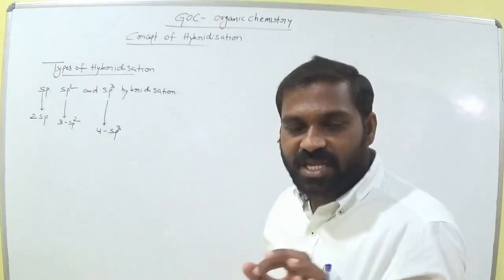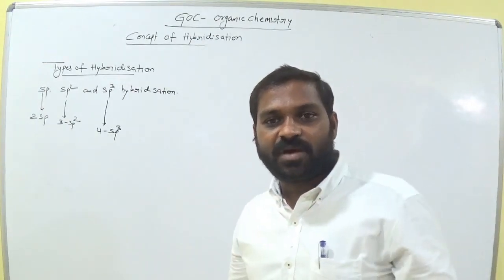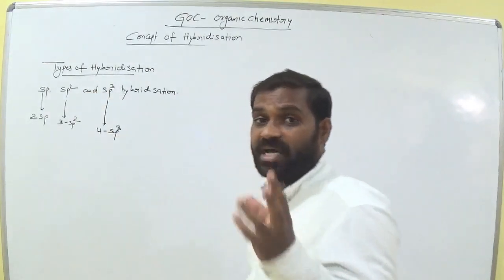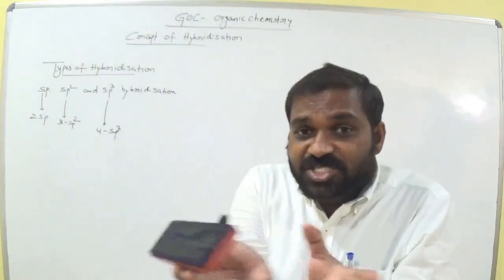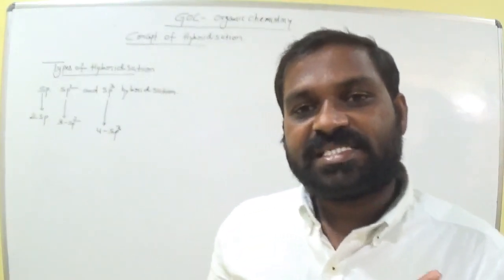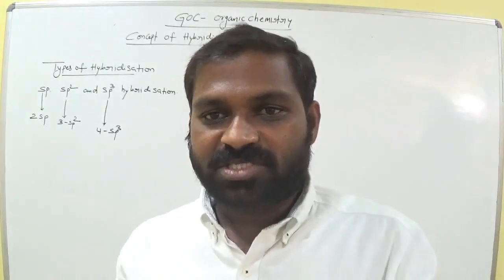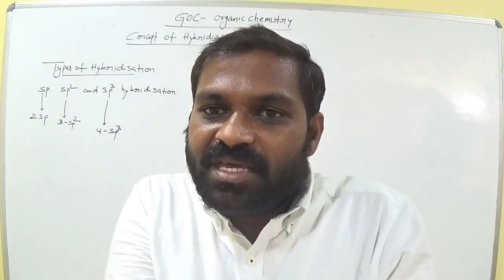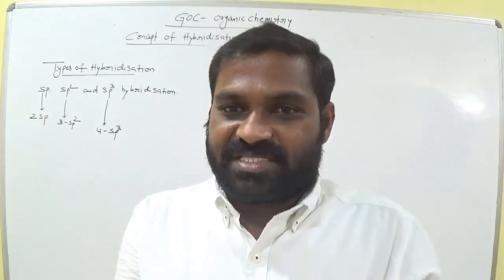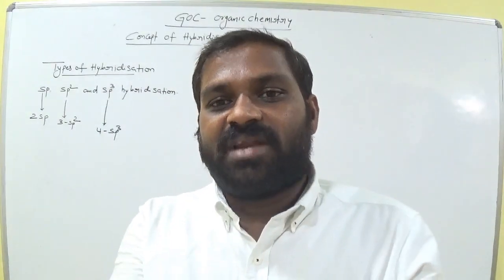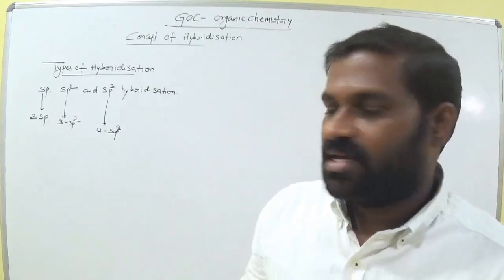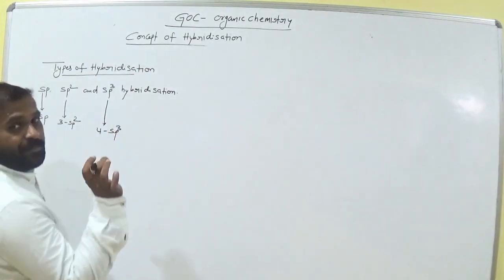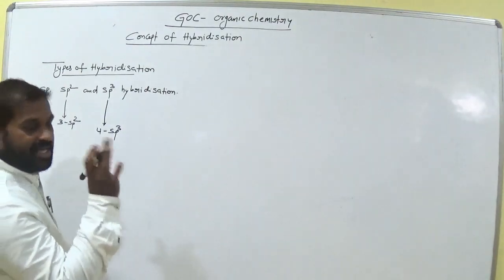And for sp3, how many sp3 hybrid orbitals are formed? 4. Why? Because 1 s orbital and 3 p orbitals undergo intermixing. That means they distribute their energies. s and p have different energies, nearly the same but different. Now the energy is distributed between the s and p orbitals. That is called intermixing, with equal distribution of energy. Remember this: 4 sp3 hybrid orbitals. Now some important characteristics of hybridization.